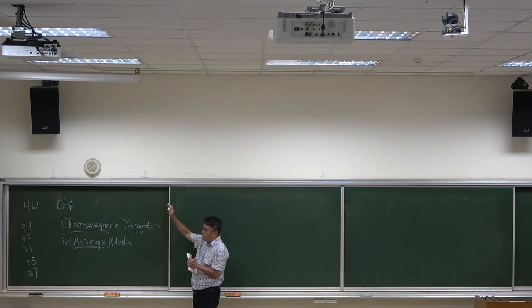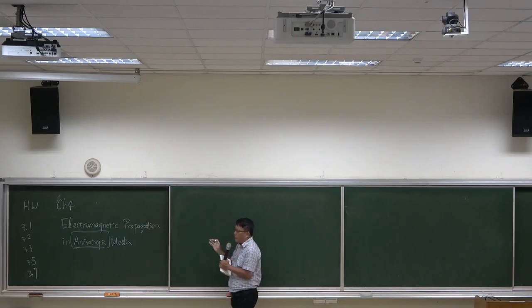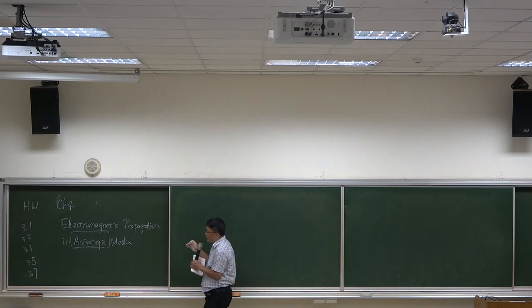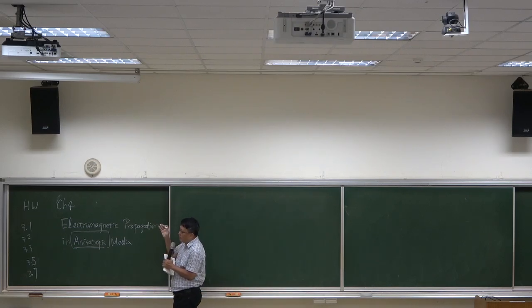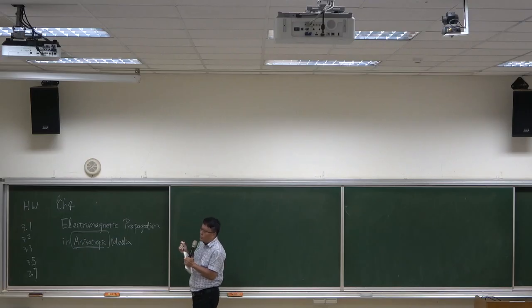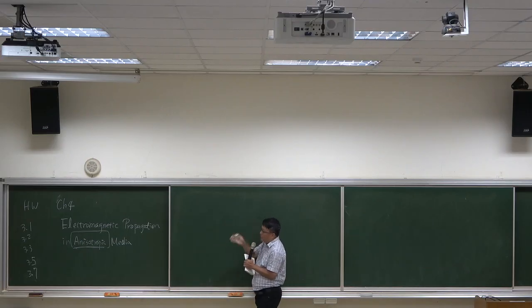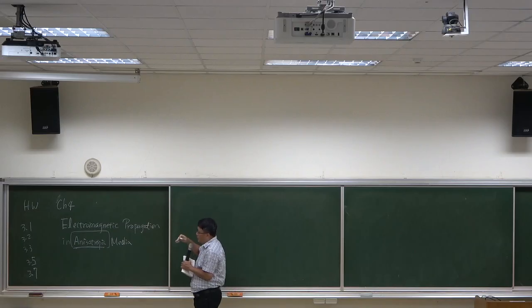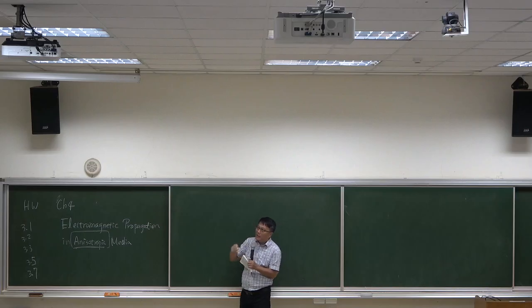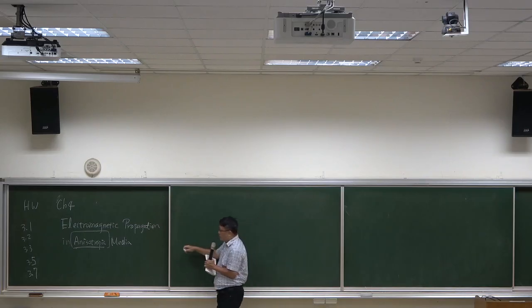However, up to now we consider only the linear medium, which means although it's possible that polarization and the electric field may be along different directions, but they are always proportional to each other. So this means the relation between the electric field and the electric polarization is linear. Okay. 好，我们在下一堂课会再来仔细讲这个内容，在这边跟下课讲。